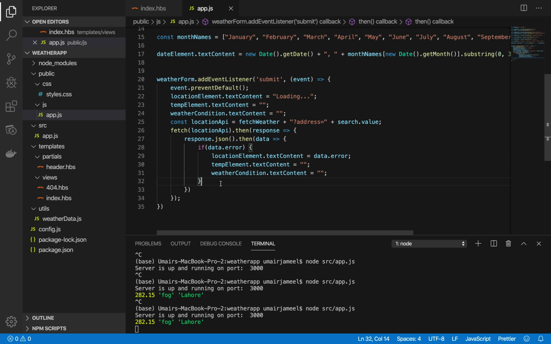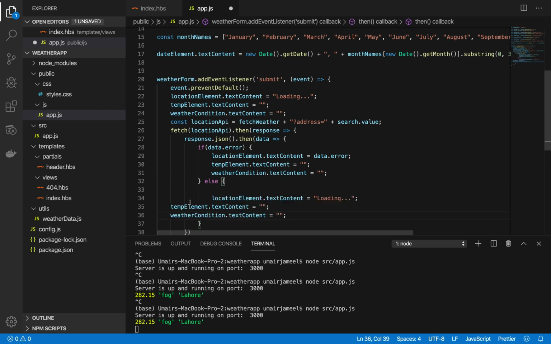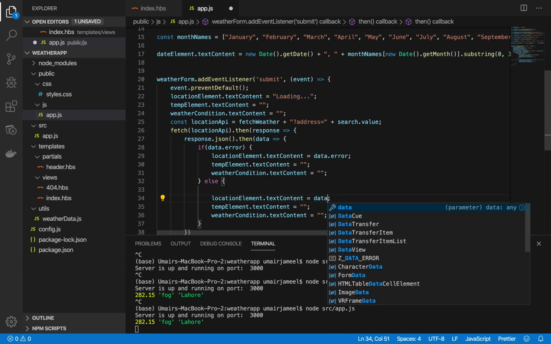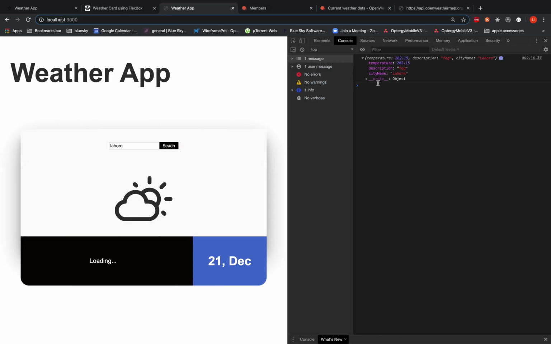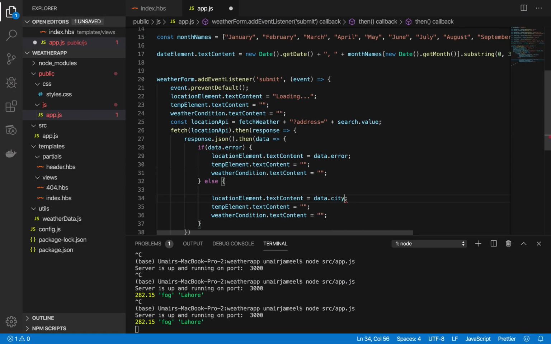And if there is an error, else I'm going to copy these three lines and paste them over here. Okay, so first of all, I need to show the location element, which is the city. So data dot, what was the name? City name, description, and temperature. So city name,